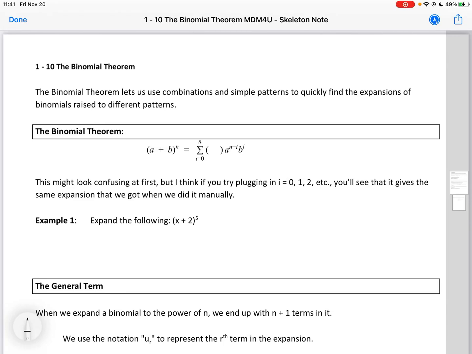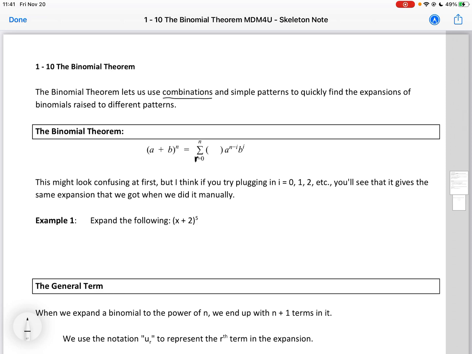This video goes over how to use the binomial theorem, which is going to allow us to use combinations and simple patterns to quickly find the expansions of binomials raised to different powers. So in general, the binomial theorem is (a + b)^n, which is going to be the sum